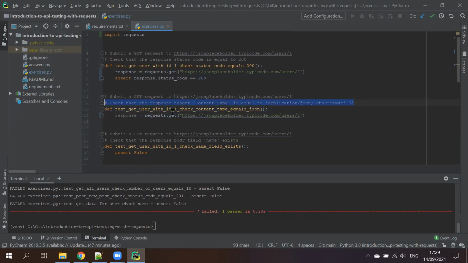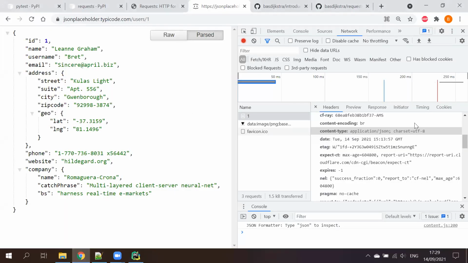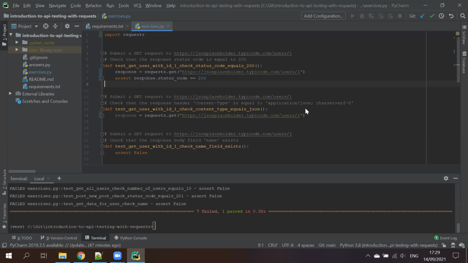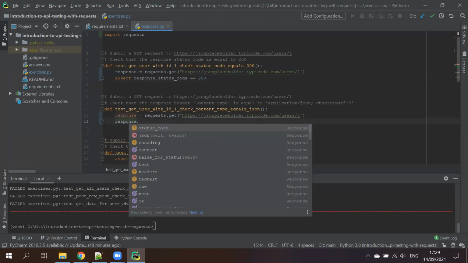The second property that I want to check in the response is to see if that content type header that we saw earlier, so this one, has a value that's equal to the value that we expect. So in this case, I want to check that the content type header is equal to application JSON. Now, in the previous example, we inspected the status code. What I'm going to inspect now is the headers. That's probably not a surprise here,